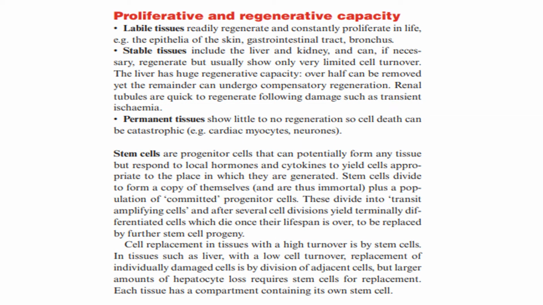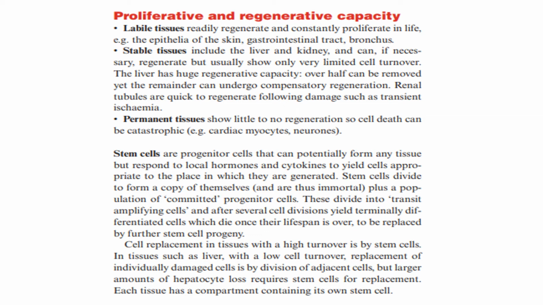Next is proliferation and regenerative capacity. Let's look at labile tissue first. They will readily regenerate and constantly proliferate in life, for example, in epithelia of skin, GIT and bronchus. Stable tissue includes liver and kidney and can, if necessary, regenerate but usually shows only very limited cell turnover. The liver has huge regenerative capacity; over half can be removed, yet the remainder can undergo compensatory regeneration. Then we have permanent tissue. They don't have any capacity to